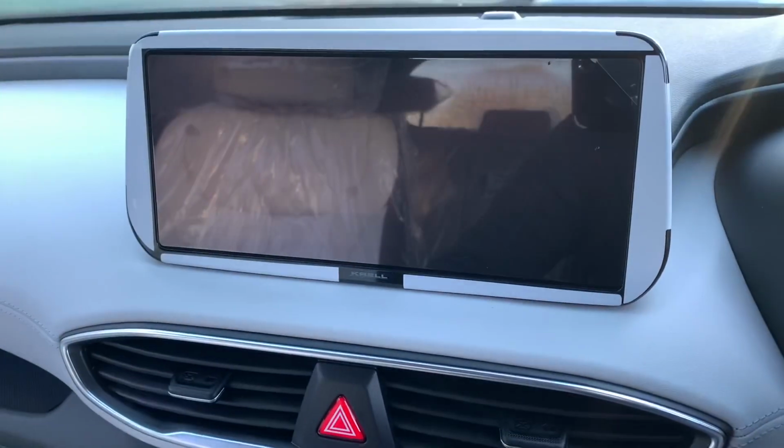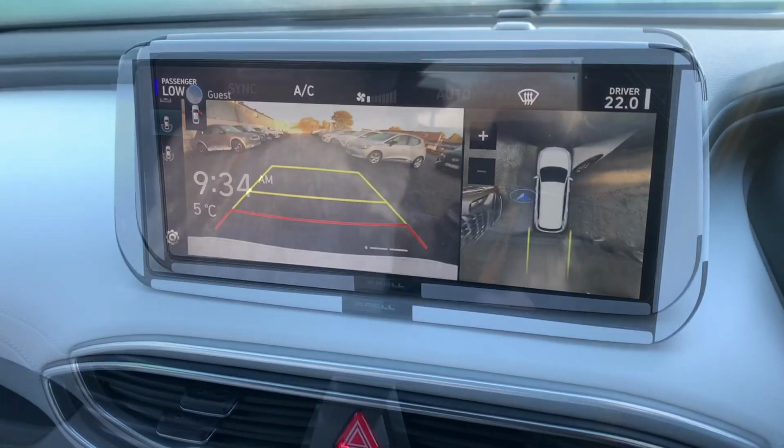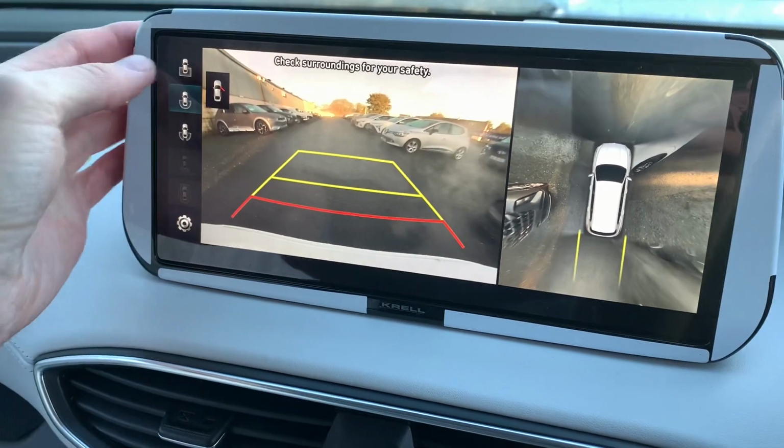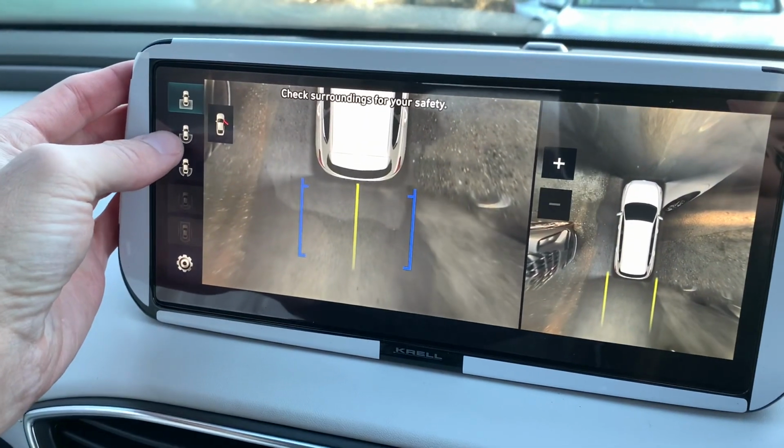And by the way, I have to point out, this video is not beating down on an Executive. An Executive Plus is a savage car. It's just, this is the premium that just gives you some of these little extra bits. So this one has a surround monitor, which means if I go for reverse. So you see what's going on over here now. What is happening here is I've got the same screen here, okay? Slightly more